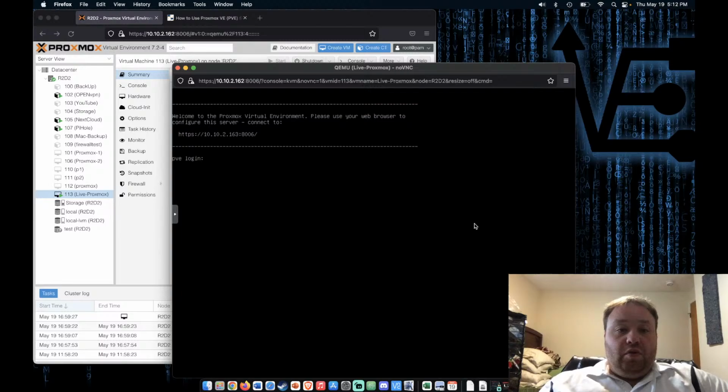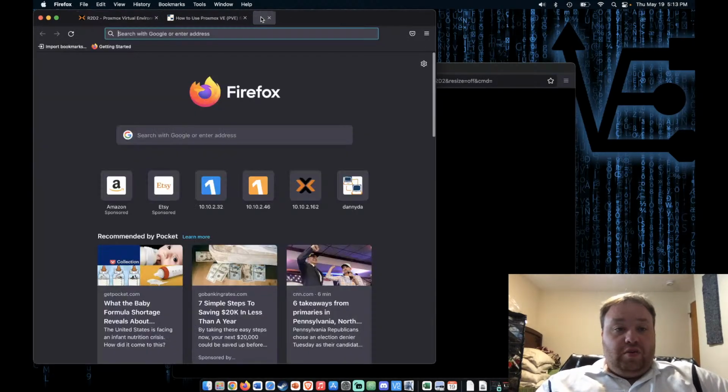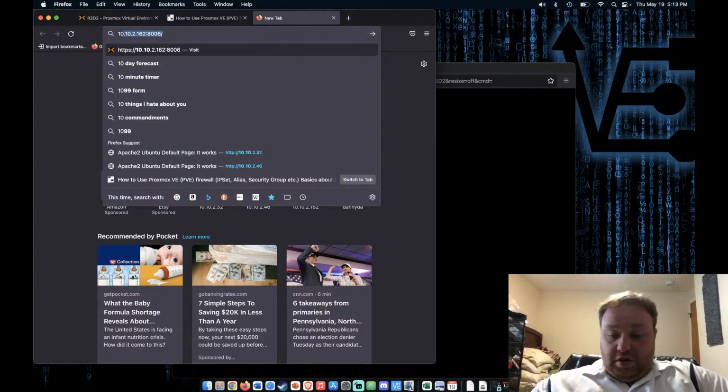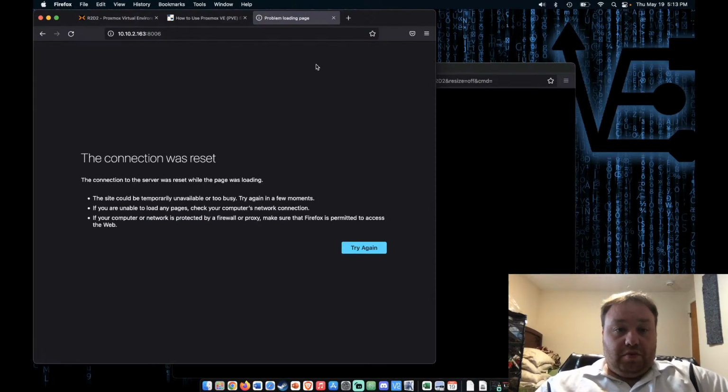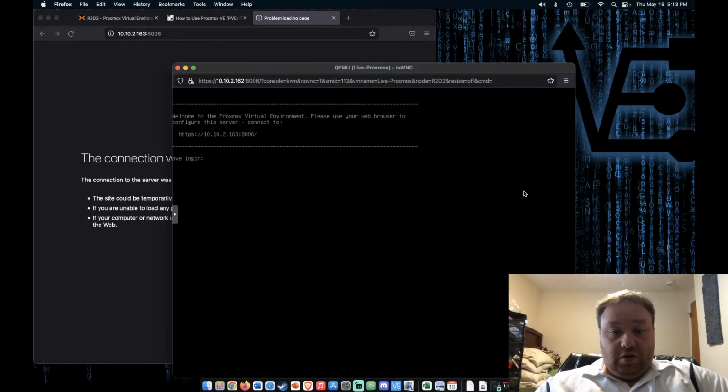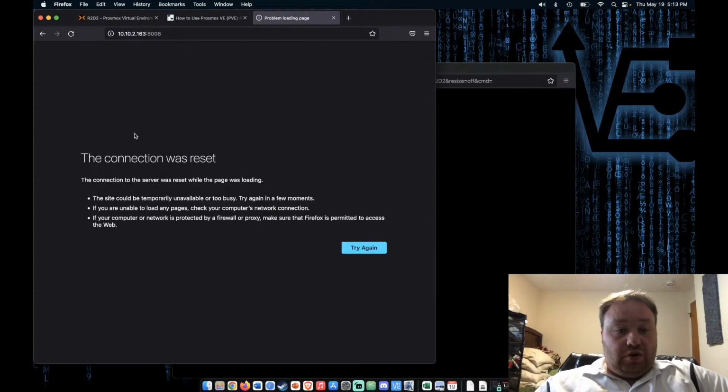So with that, here is the install of Proxmox in your standard Proxmox screen. So if you had a monitor connected to your server and you turned it on, this is what you would see after it booted up. And we can go ahead and open a tab and use that IP address that's provided here to open up, or hopefully everything goes all right,